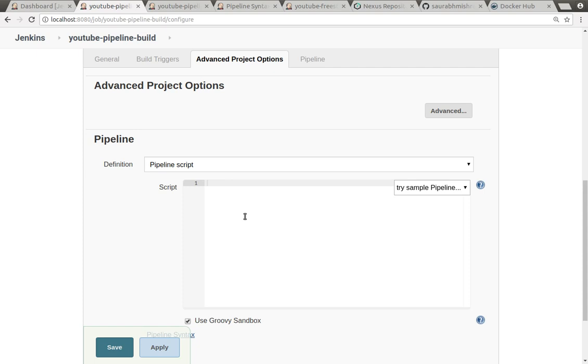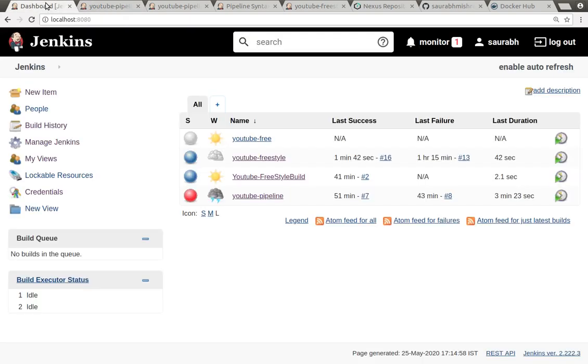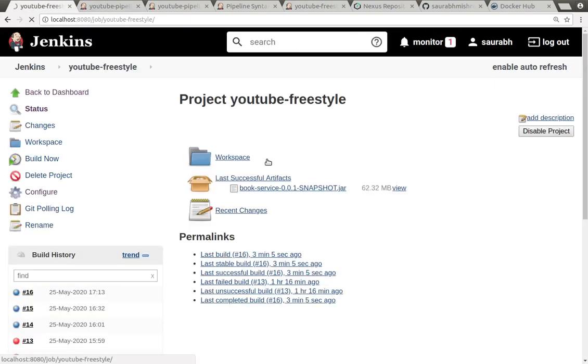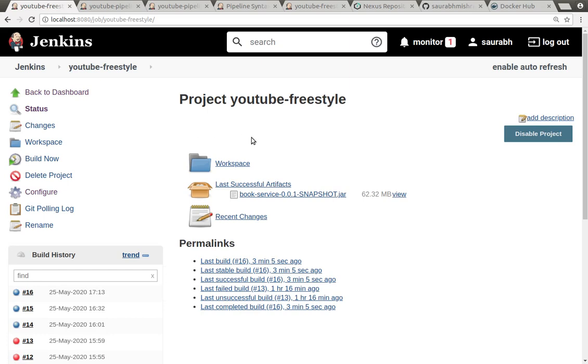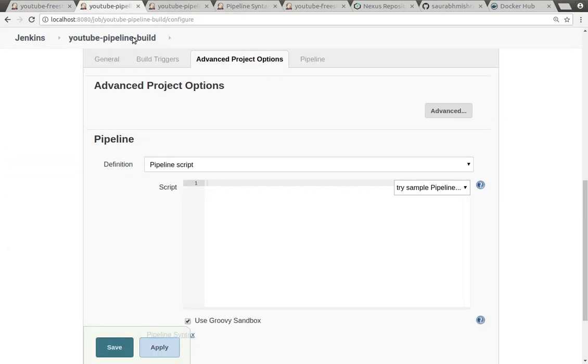The benefit of using pipeline is that we don't have dependency on the server. Whatever we built before the freestyle way is only for this server. If you want to migrate it from this server to any other server, there are a lot of challenges. Again, you need to configure one by one manually, selecting all the drop down options. But as part of pipeline, when you have all those as part of a script, you don't have to do anything.